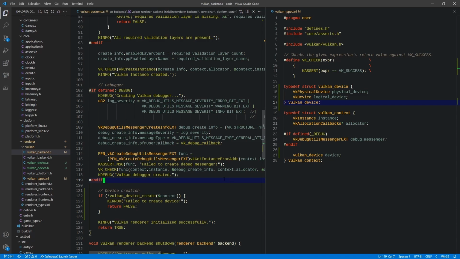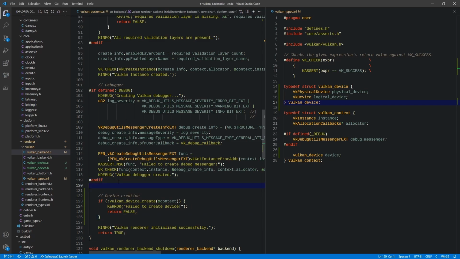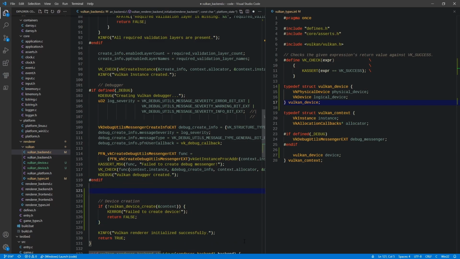And primarily speaking, that means we're going to obtain a surface from our windowing system. And we're going to need that surface in some of these calls for the device creation. So I'm actually going to do the surface creation now before we move back into the device. So I apologize, things are a little bit out of order here, but now that I think about it, you know, sort of doing this a little bit on the fly, these are the kind of things that come up